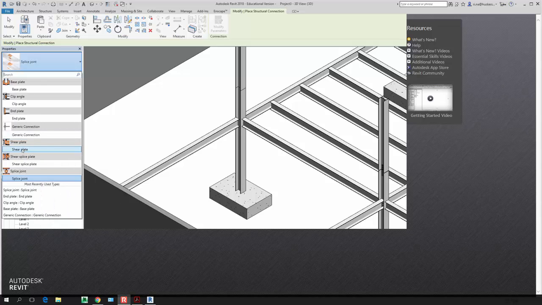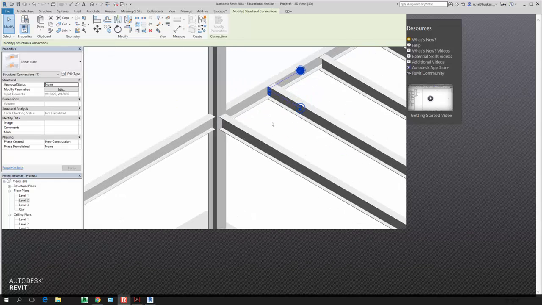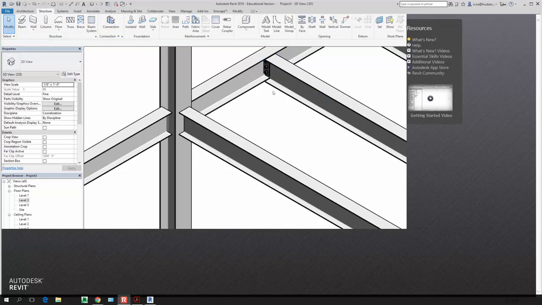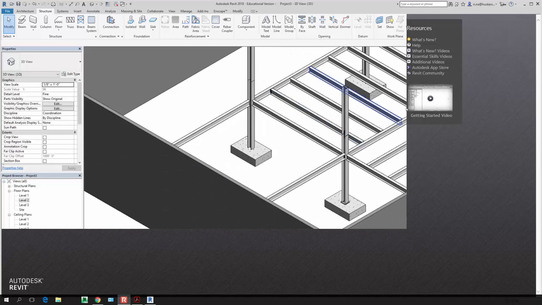Let me try a shear plate. Connect this one and this one. Yep, it works, right? You can see I added a shear plate connecting these two. You of course can also add an angle plate like this, right? All right, I'll stop here and